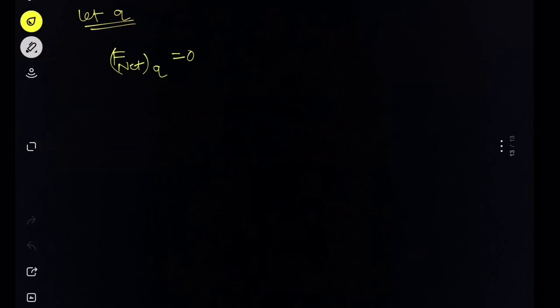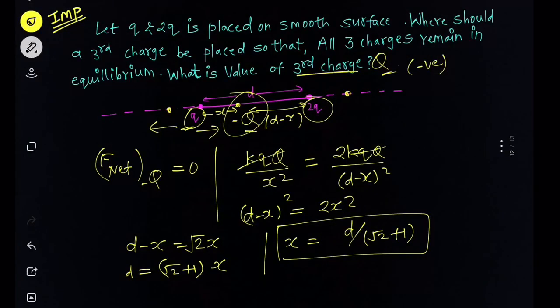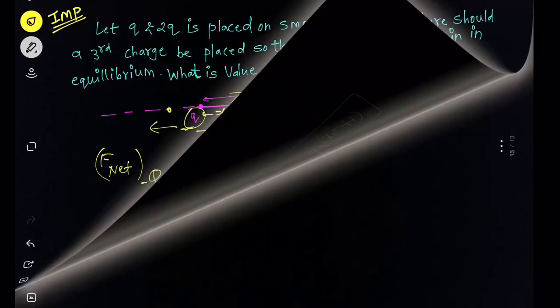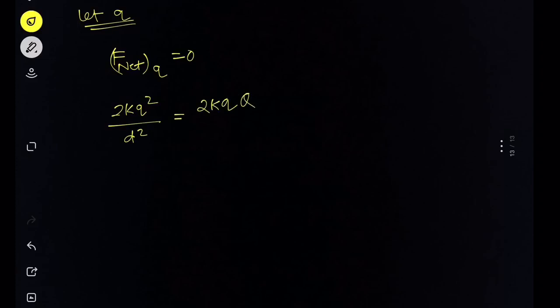So we can write both the forces equal. We can write k into q into 2q divided by d square, the distance between them, equals